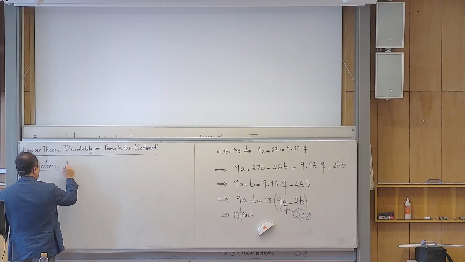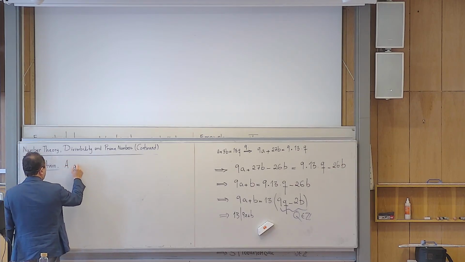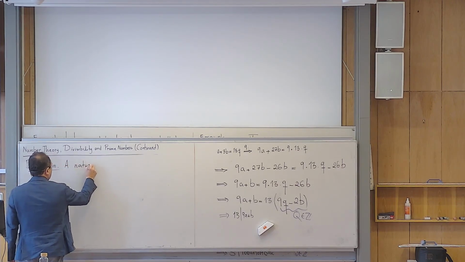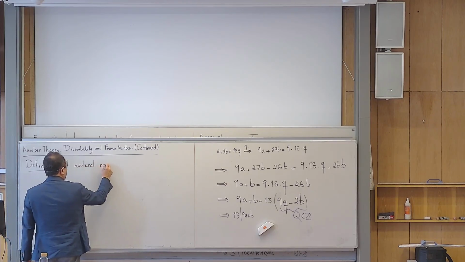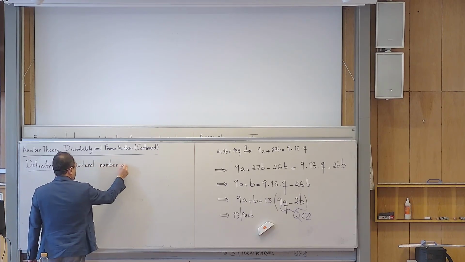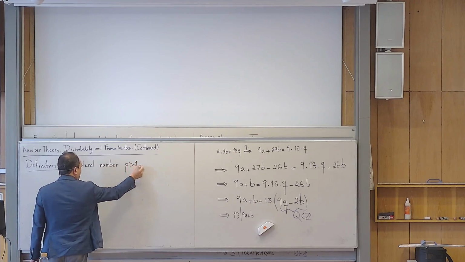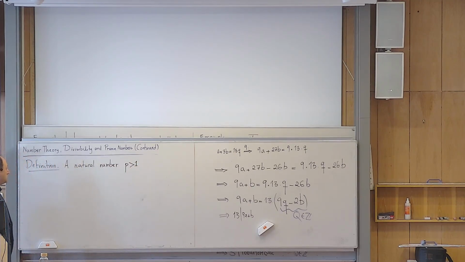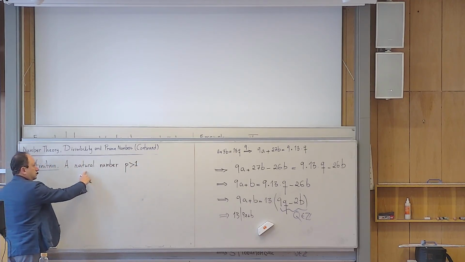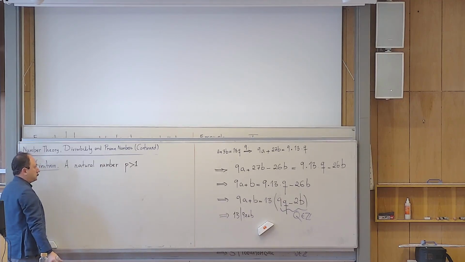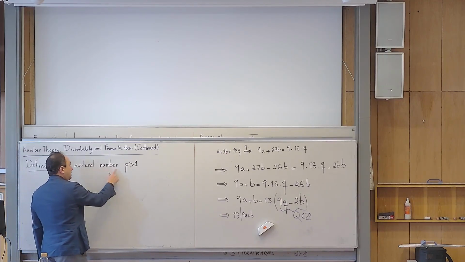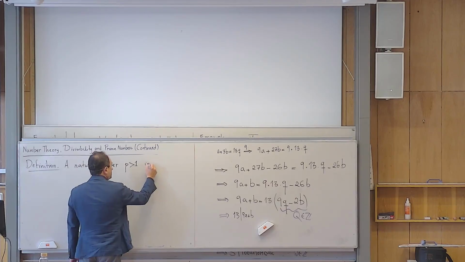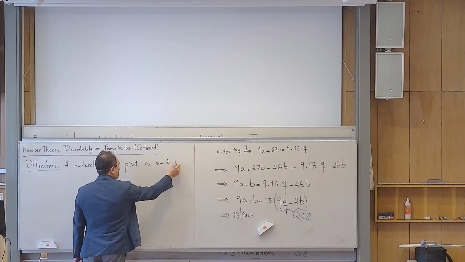A natural number or an integer, it doesn't matter here. A natural number p but greater than 1. So it doesn't matter if I say an integer greater than 1 because it means the same thing. And a natural number p greater than 1 is said to be a prime number